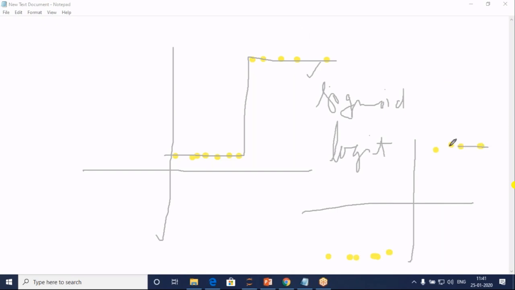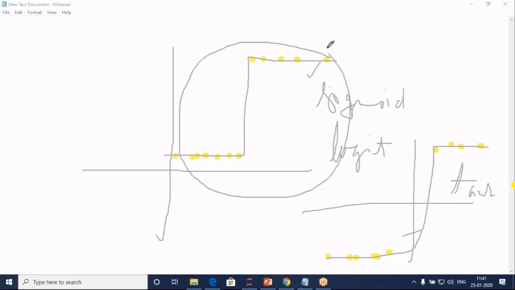The second thing: whenever the data is here and the data is here, this situation also arises. So your model learns in this way, approaching all the points. This is known as tanh, which is the higher one, but I'm talking about this basic one. So we call this type of situation